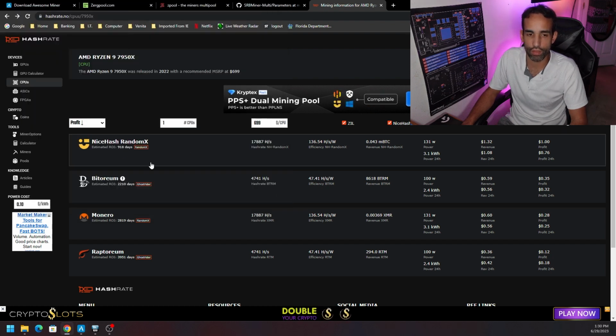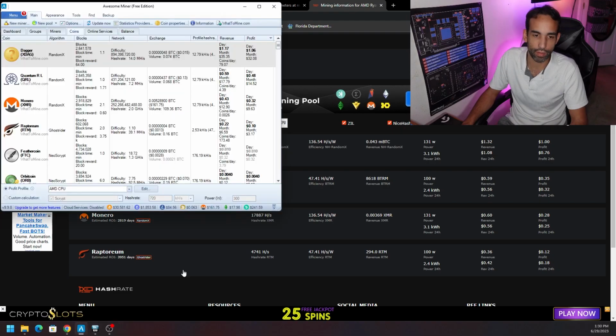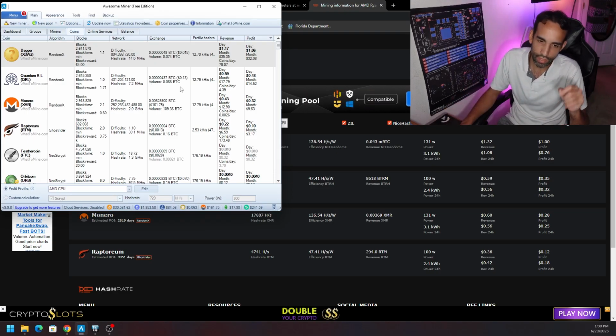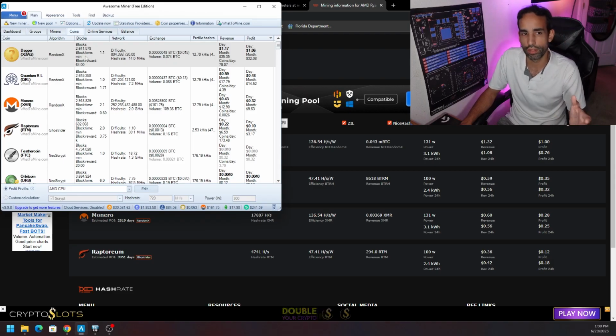It just doesn't have the NiceHash RandomX option in Awesome Miner. Sometimes it does, sometimes it doesn't. But oftentimes, some of these projects get lag, or there's some issue with reporting or the API, and it just doesn't report correctly. For example, this Dagger or XDAG, RandomX one, says we're going to make $1.17 a day